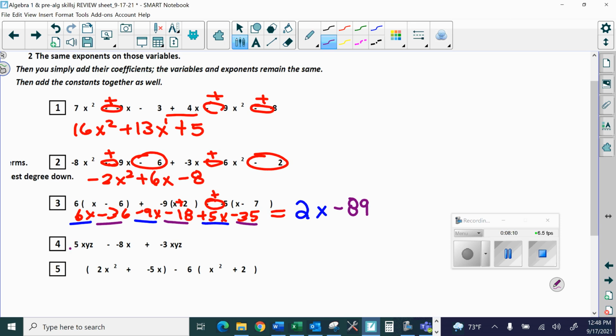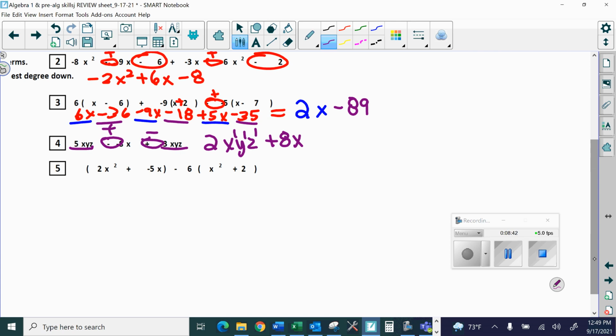Okay, here my like terms are the XYZ, XYZ. Everything's got to be the exact same. So 5 minus 3 is 2XYZ plus 8X. So don't forget that first term is degree 3, because I got a 1 on each of these. 1, 2, 3. That's degree 3, and the second term is degree 1. All right, go ahead and